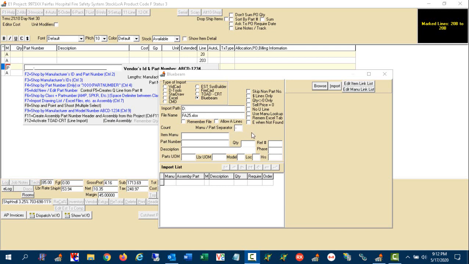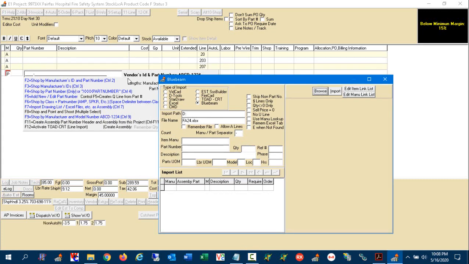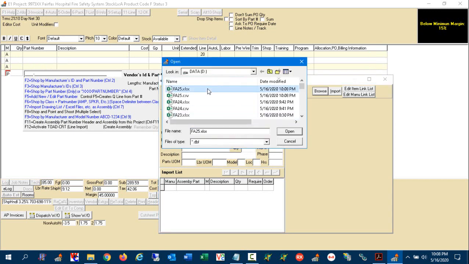If you remember back when I was setting up the part numbers in Bluebeam, I used the dash between EDW and the SIGA PS. You can actually use a different character. You just have to declare what that character is so the system knows how to separate the manufacturer part and then the part number part of the part number coming in. We choose Bluebeam. We browse for our file like so,